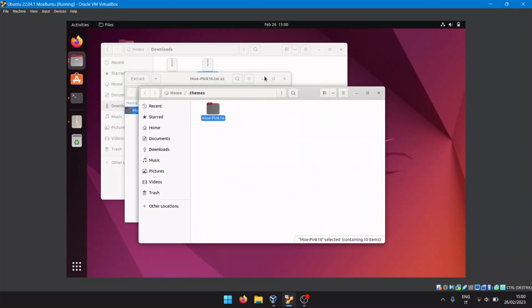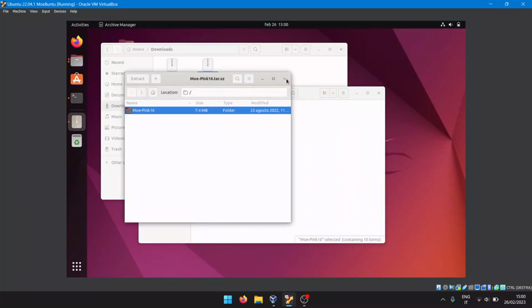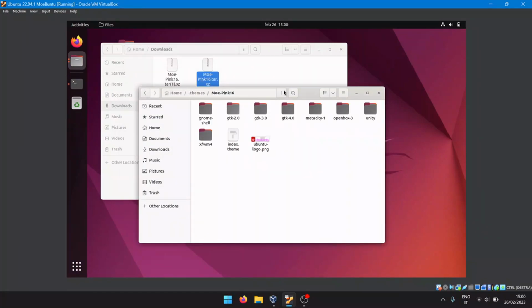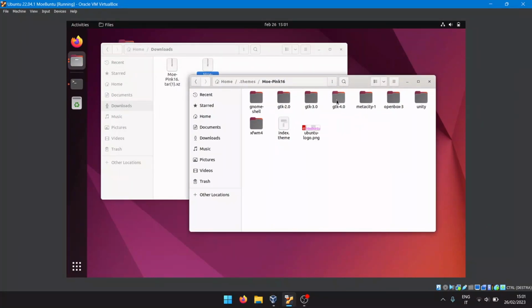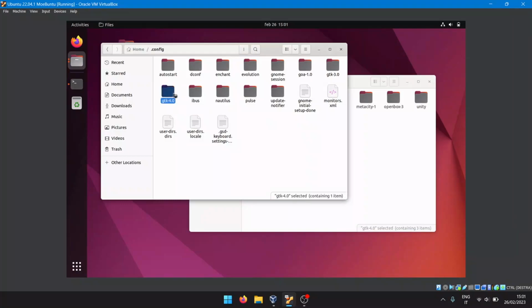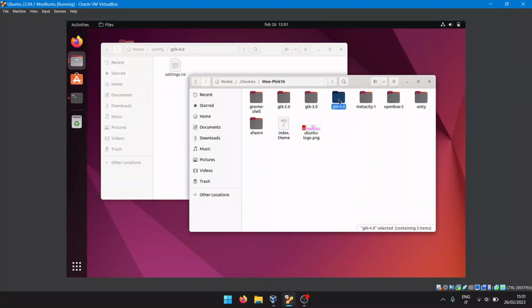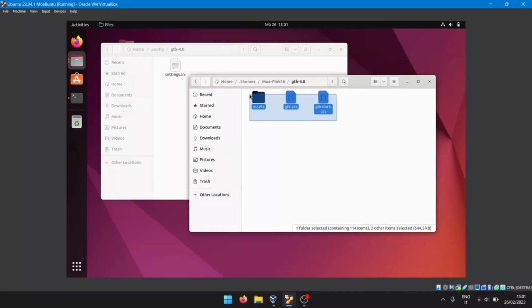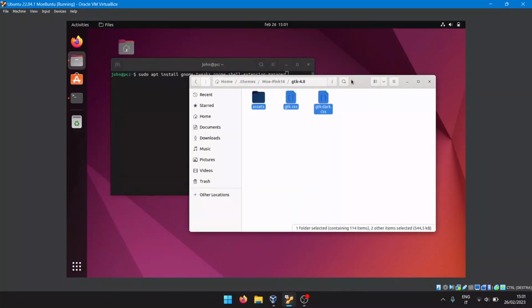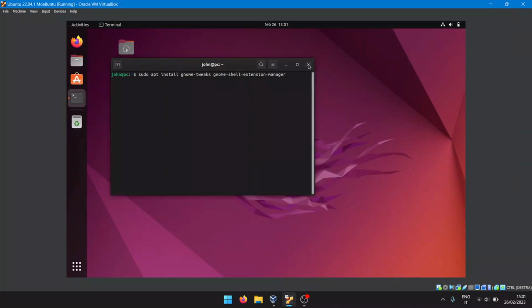Now show the files. Double open. We need to go to GTK4 here in home. Go to .config GTK4. In this way, even GTK4 apps will work well. Here, copy Ctrl+C and paste Ctrl+V. In this way, everything will work fine.